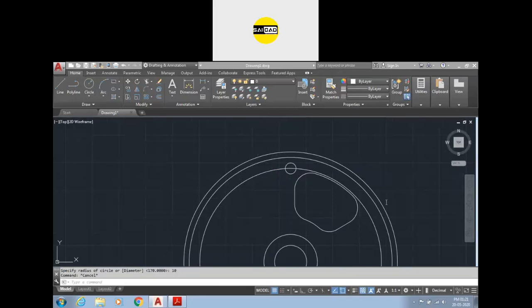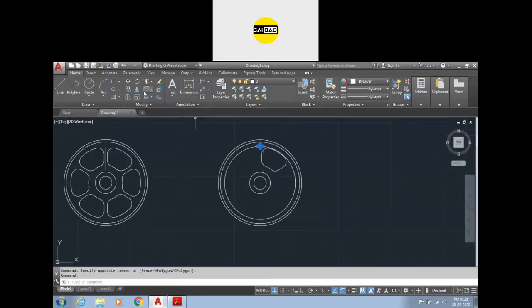Okay, rotate command at an angle. You can rotate anything at an angle, just select the object, go to the rotate, you can type RO, select the base point, you can rotate. Now if you want a copy, you can select copy, and if you type a positive value in the angle, the object is going to be rotated in this direction. So if you want to rotate it in the backward direction, you have to enter the negative value.